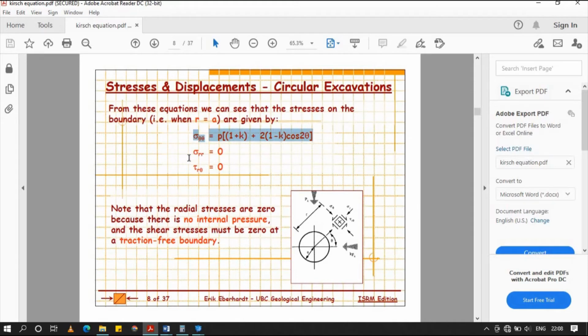So we see sigma r is equal to 0, and shear stress again is 0, but the tangential stress is this. The value of K is 2, and we are going to calculate sigma V, and theta at the side wall will be 0 and at the ground will be 90 degrees. So accordingly we are going to calculate.